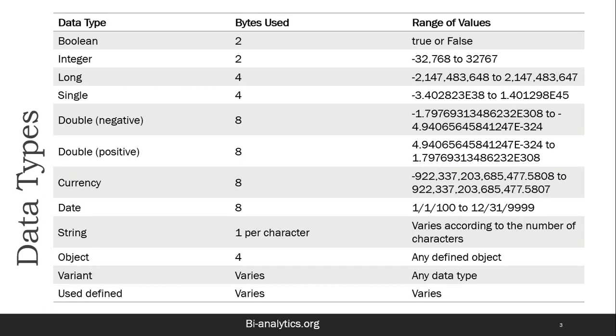Fine. And then a user defined data type, where I can also define my own type of data. So we will learn all these things. Most important thing is generally data types are like boolean, integer, long, single, double, currency, date, string, object, variant, and user defined data types. Don't worry, we'll learn each and everything in the next tutorials. So let's start.